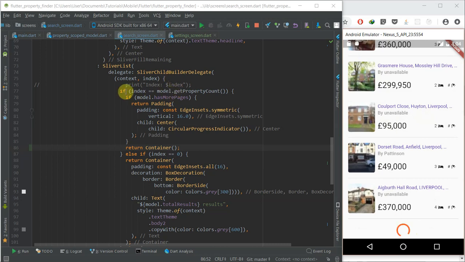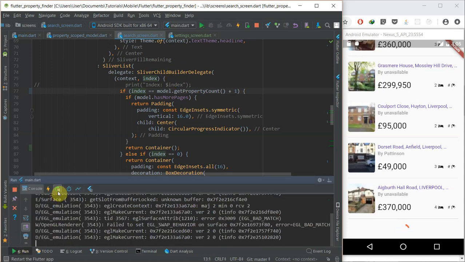So to correct this, we have to do index equal to model property count plus 1. And what this means is if the index is equal to the property count, which is 10 items, plus 1, 11, that means when the index is at the last element, then you show this progress indicator, and this last element comes after these 10 items over here. So if I do a hot restart,